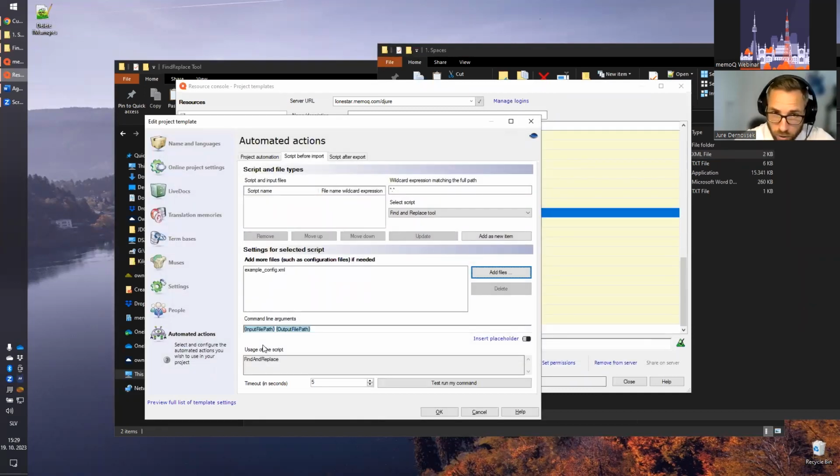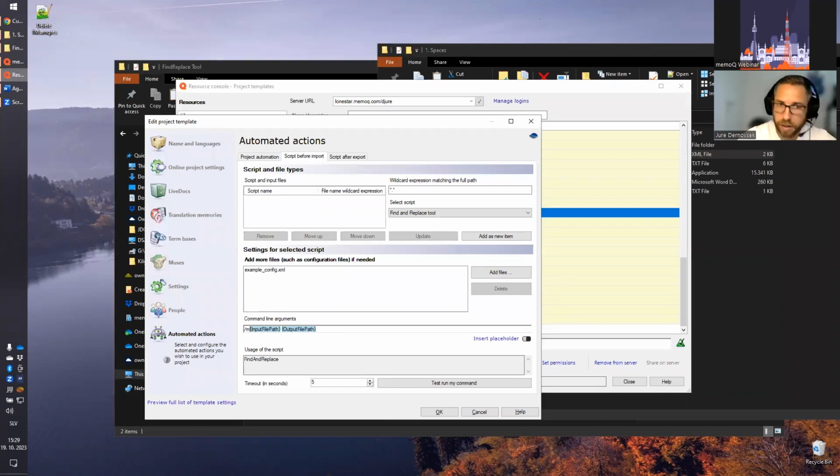And now we need to also define the command line arguments here. This is all nicely explained in the document that I will send you. So now I will show you what you have to do, and then tell you what it does. So the command line arguments are